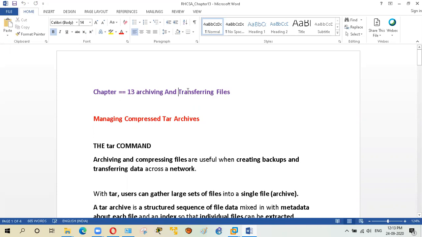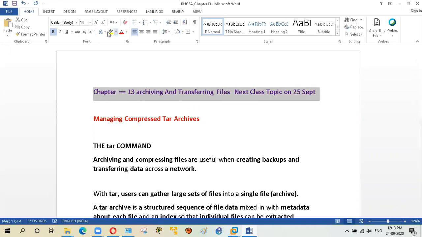Now we will discuss how to transfer files from one machine to another machine. So this is my next class topic, tomorrow, the 25th. Tomorrow it's Friday. I will start this in the next class.